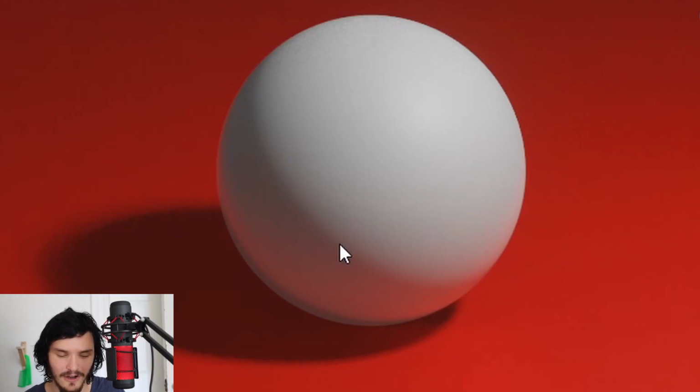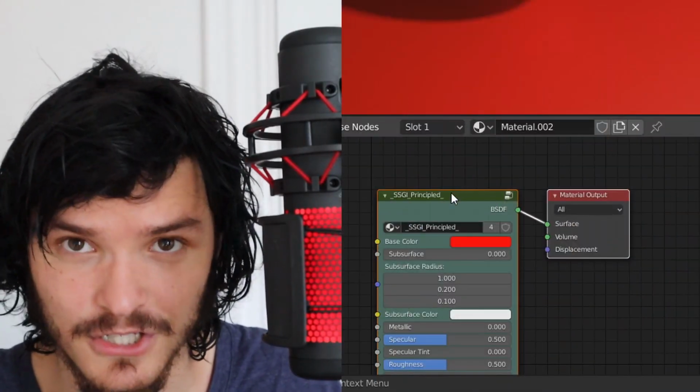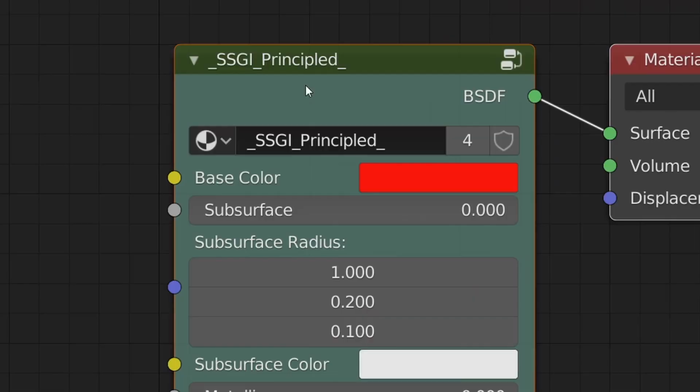It's reflecting red light onto the bottom of this. So it's not just like adding white light, it's actually taking the color from the surface. It's a big deal. And you can see that what this is actually doing is, again, this is not global illumination, this whole thing is faked, but it's doing all of this from node group type stuff. So it took our principled BSDF and replaced it with this Ssgi principled, which looks pretty much the same, however